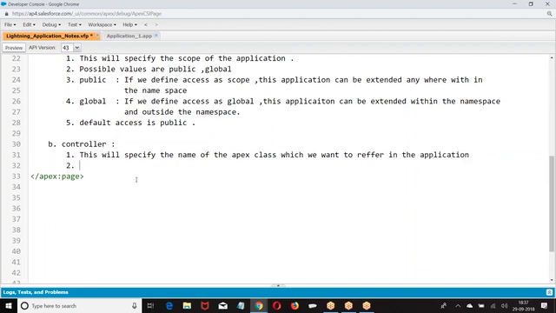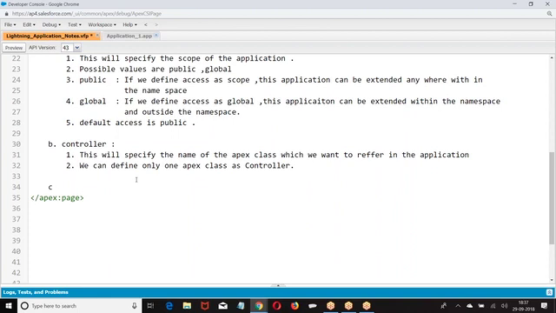How many Apex classes can we use? We can refer only one Apex class as controller. We can define only one Apex class as controller. Now, backend logic is also defined using what? Apex only. That is Apex with Visualforce, and this is Apex with Lightning.